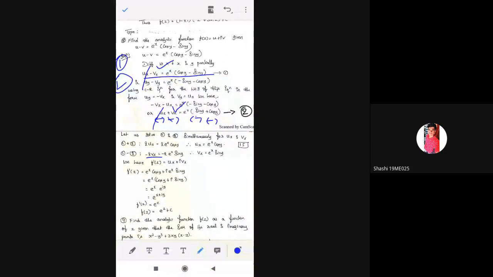So same thing. Next, what is common? E power x is common. Here also e power x is common. So we took outside, okay, e power x. Then what will get cancelled? See, plus cos y minus cos y get cancelled. Now minus sin y minus sin y is minus 2 sin y. So just addition and basic simplification.